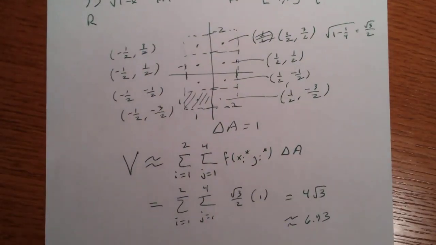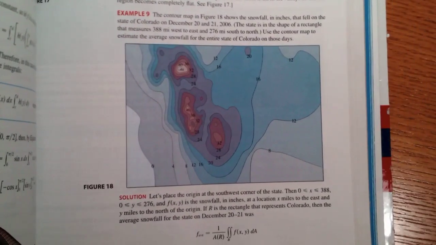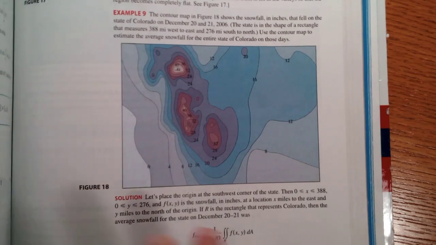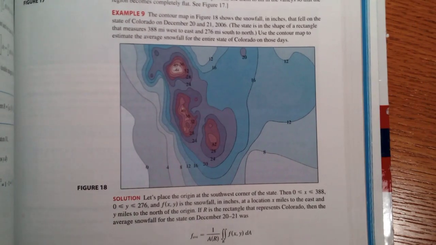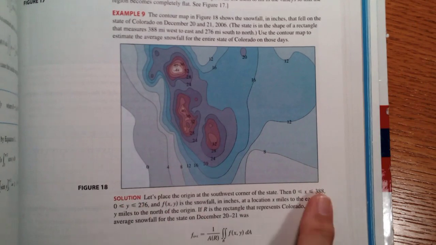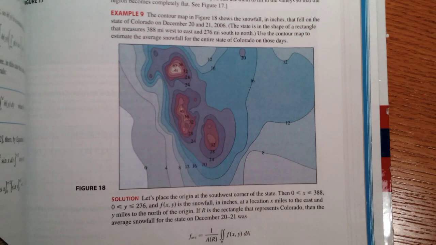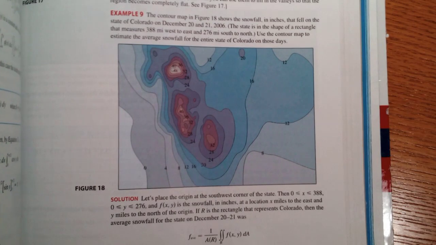If I didn't actually have a formula, I could use a contour map to approximate my values, like here. Here's a map of the state of Colorado. Best part, Colorado is a rectangle. Well, almost. It's close enough to a rectangle. 388 miles across, 276 miles at the top. So I could make, say,